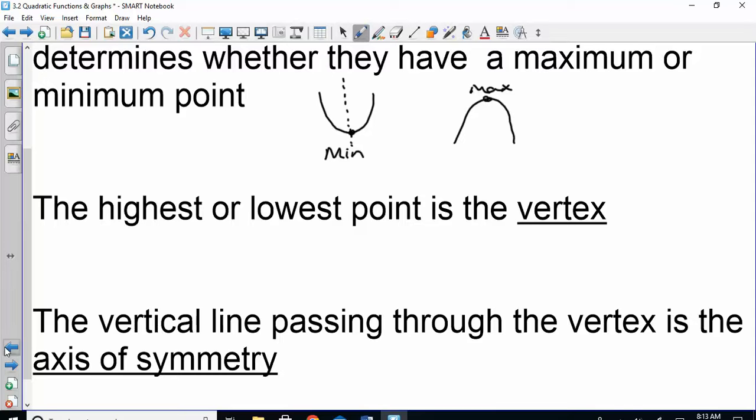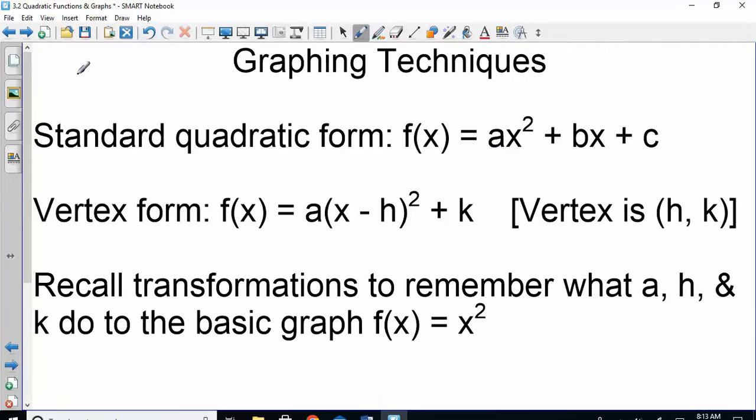Okay, so next thing, we're going to talk about graphing these. And the strategy that we will use for graphing depends on how the quadratic is written. So the standard form is the form I already gave you, ax squared plus bx plus c. It could also be written in vertex form,